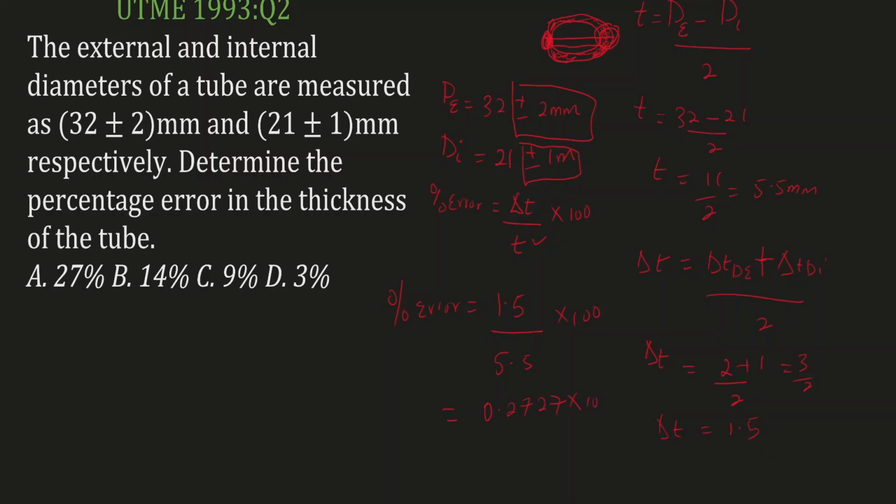So multiplied by 100, that's going to give us 27.27. Oh, sorry, I already multiplied by 100. So it's just 27.27. 27.27 can be approximated to 27%. So the correct option is going to be